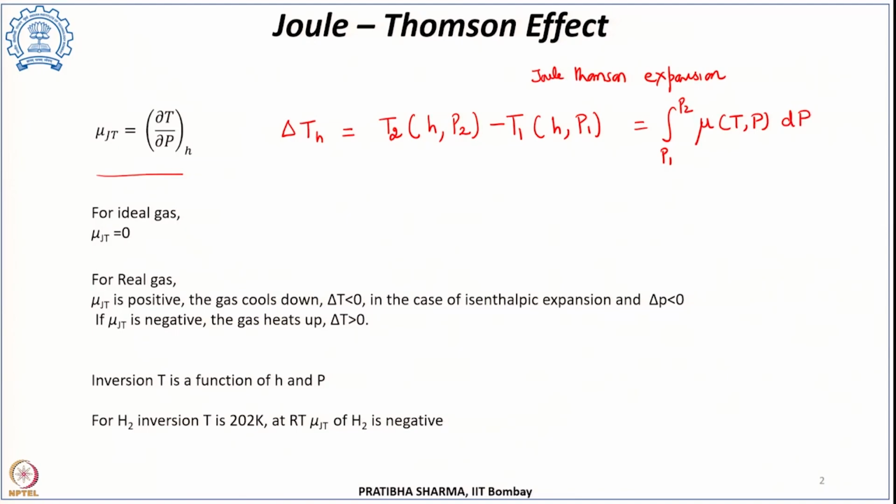Now, if we consider the ideal gas case, then during an isoenthalpic process there is no change in temperature of the gas. So, for an ideal gas, del T upon del P at constant enthalpy, this Joule-Thomson coefficient, remains 0. However, when we consider a real gas, in contrast to the ideal gas, there is an attractive or a repulsive interaction that acts between the molecules of the gas,